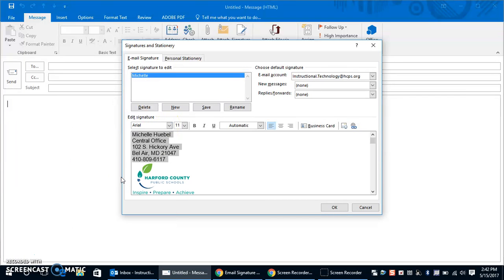Remember, this is going to be a professional signature for all of your HCPS emails, so we want to make sure that we're keeping it just very easy for people to read and be able to identify from whom the email is coming. And then we also want to make sure up here, so I'm happy with my email signature,